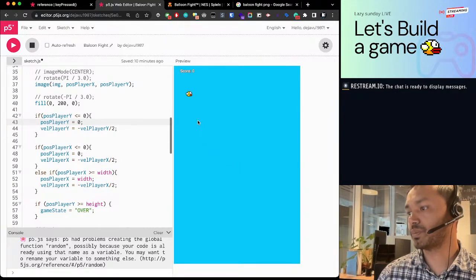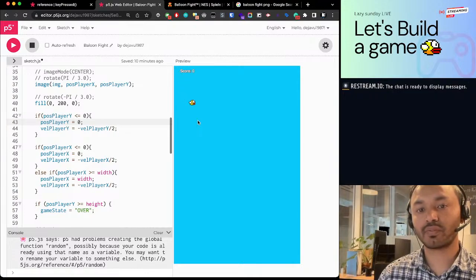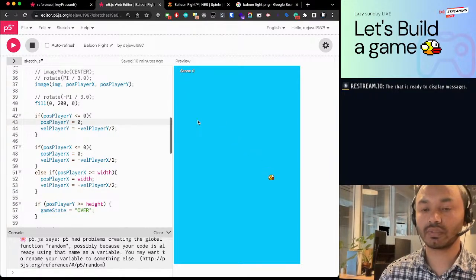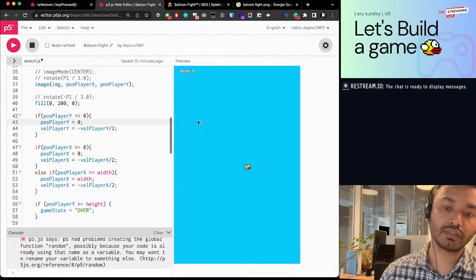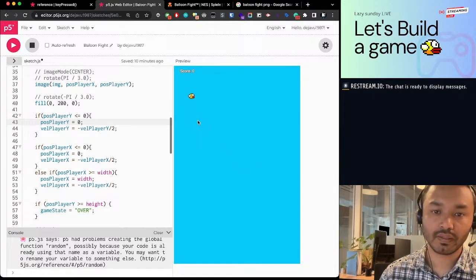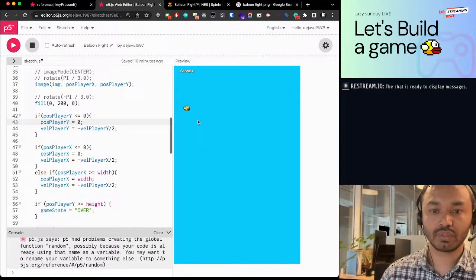Next is obstacles. If there's a platform, the character, the player needs to land on it. Right now it doesn't land on anything. It falls down and dies, and on the top left and right it just bounces back. So we want some platforms and then add a